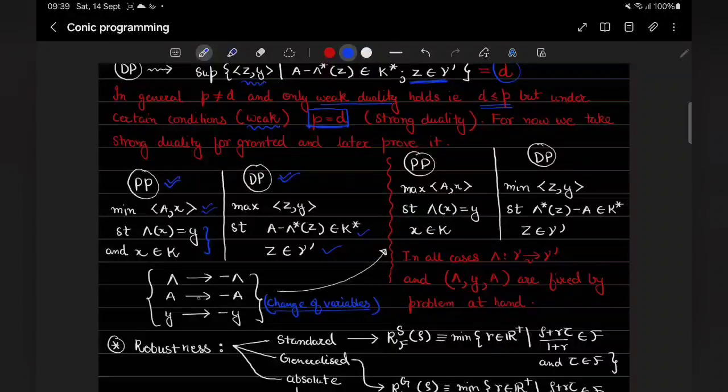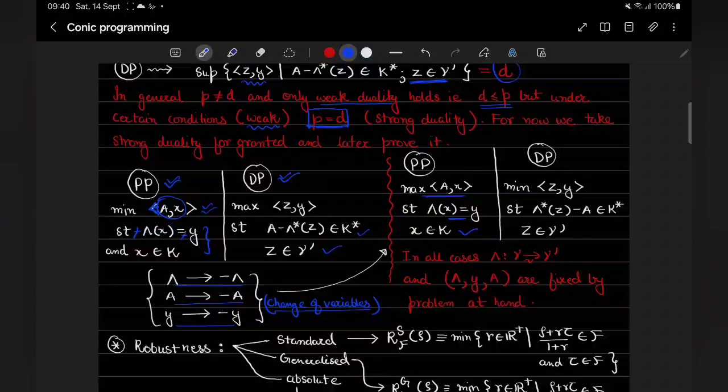So the change of variables is lambda goes to minus lambda, a goes to minus a, and y goes to minus y. If you make this change of variable, you get the primal and the dual problem interchanged, because here you will have a minus a, in here you will have a minus a, and this minus a minimization means maximization over ax. So that I have written in this side, maximization over ax subjected to lambda x equal to y. This stays the same because I put a minus on both lambda and y and they cancel out,